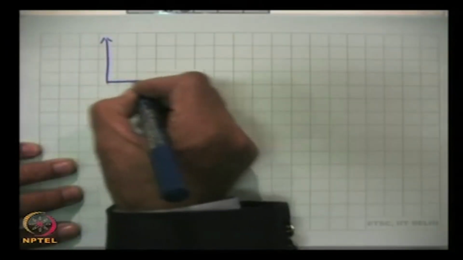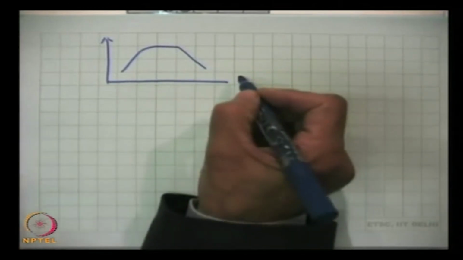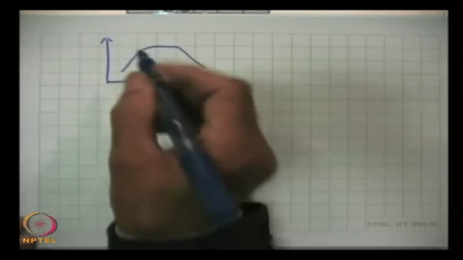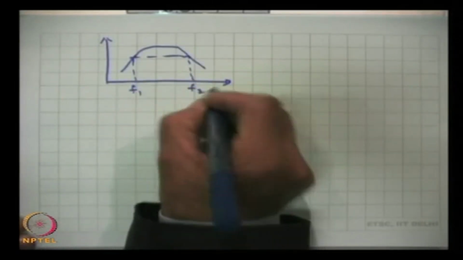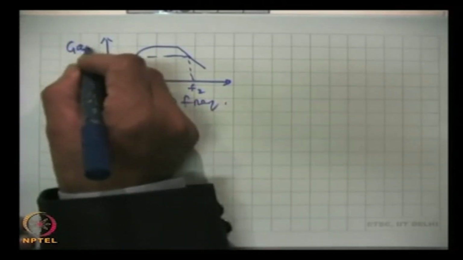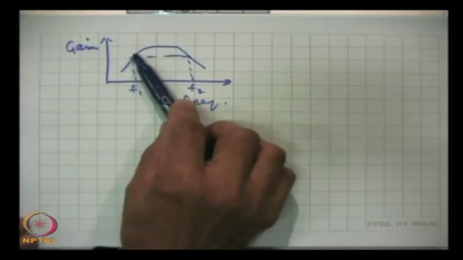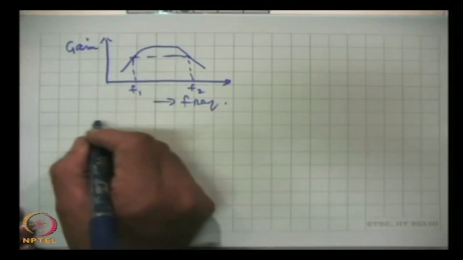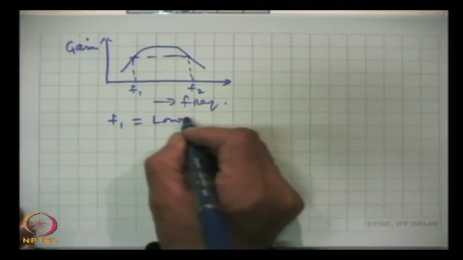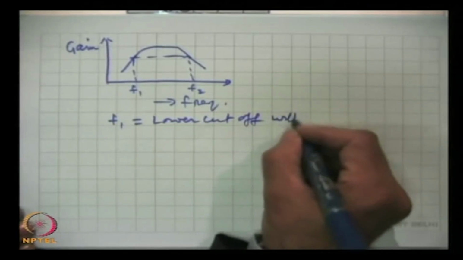So, in a way, that means that if this is F1, when signal frequency is further reduced, this change of gain will be resisted by the negative feedback, and if F1 is the lower cutoff without feedback,